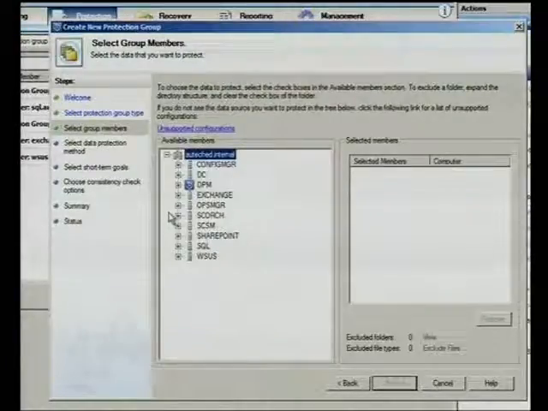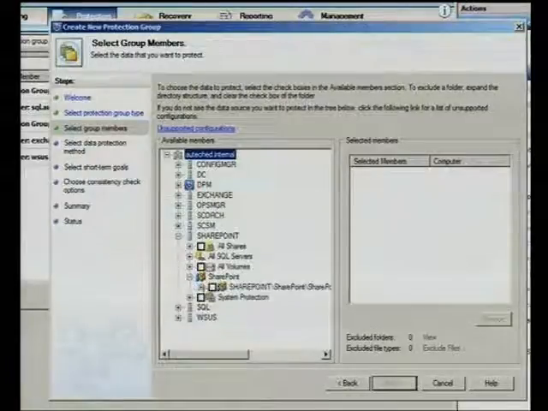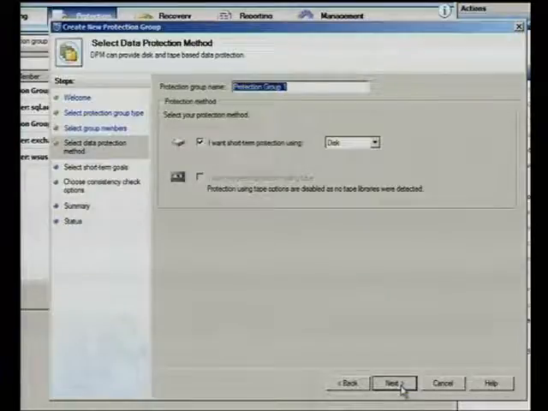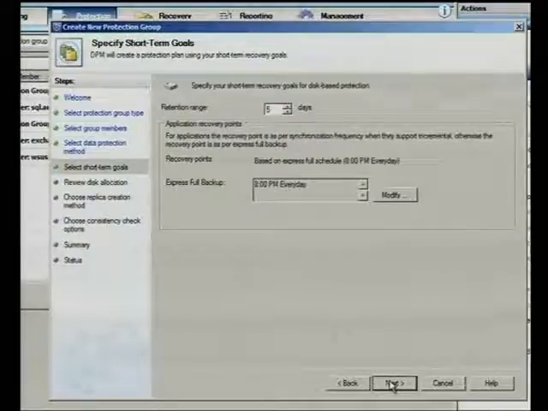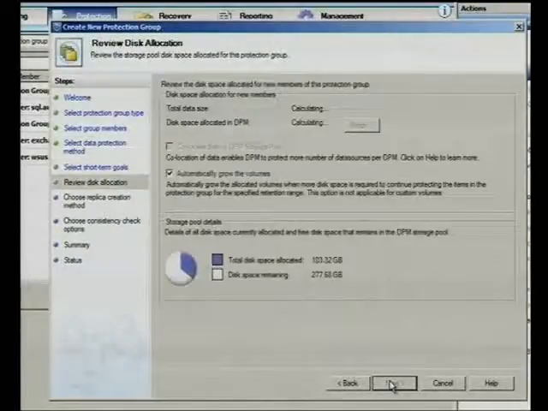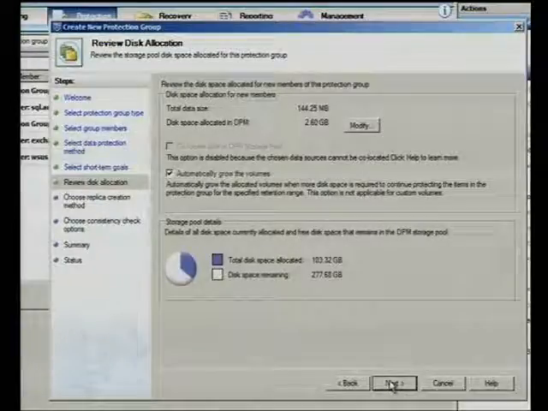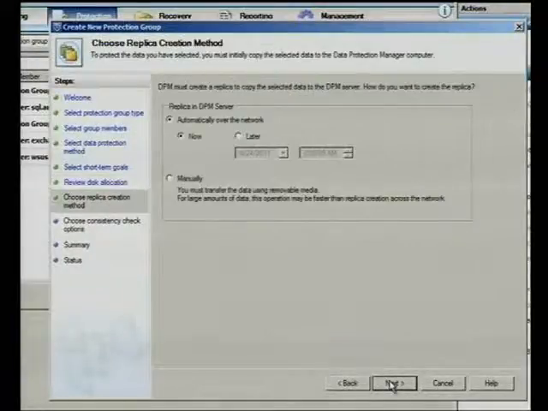So let's say we take a backup of SharePoint, and SharePoint's the same in that within DPM, all you do is you say backup SharePoint, and then it goes and backs up all of those components of SharePoint. So here we've just said, okay, I want that particular SharePoint farm protected. I'm creating a new protection group for it. I specify how I'm going to do the protection on that. And now that SharePoint is actually protected,